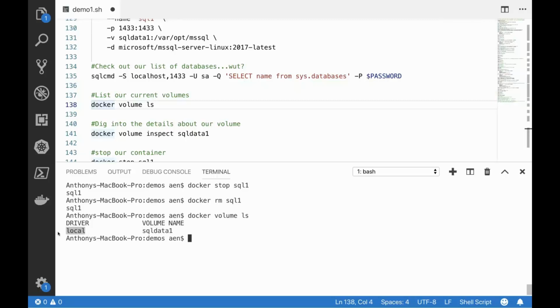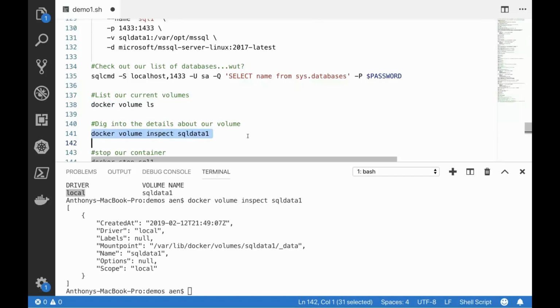Now, there's different types of resource or storage subsystems that we can have. In this case, I'm using local, but there's many other storage providers available to give your system access to storage that might be external to this actual server itself. Now, again, we can use the inspect command like we did with the Docker image up top, and we say docker volume inspect SQL Data 1, and we can see where it actually lives on this system, in this real location on the underlying OS at this name here. So this location is what's actually being presented into the container at /var/opt/mssql.